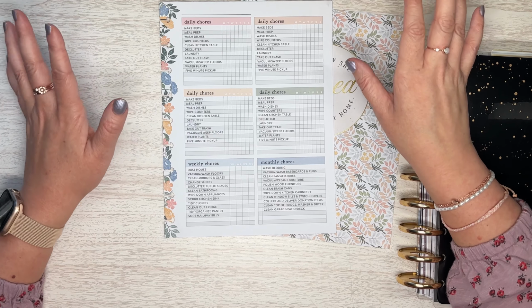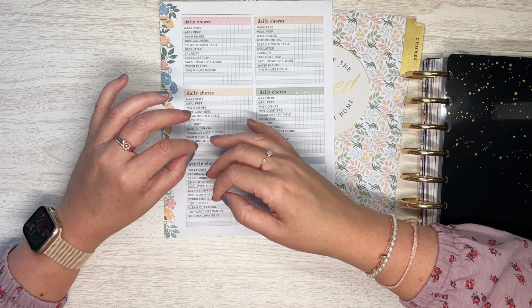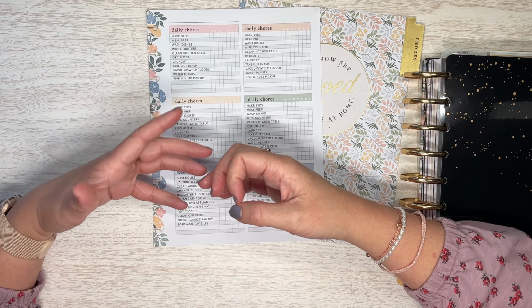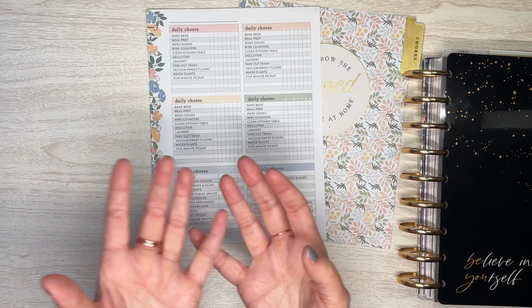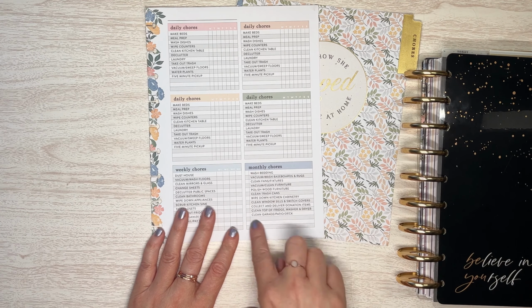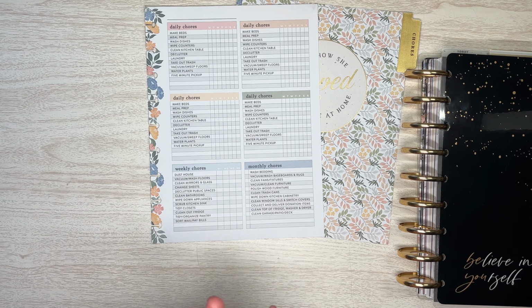Like, I'm not always going to do my bedroom on Mondays. That might be quite an undertaking. I don't know. Sometimes it is, sometimes it isn't. But if it is, and I have dinner plans after I finish working, I'm only going to have a little bit of time to straighten up. So I might want to do something that takes less time. So that's kind of why I like to do it. Plus it's this whole monthly thing that I really need to write down somewhere and make sure I actually do it. And I'm thinking about